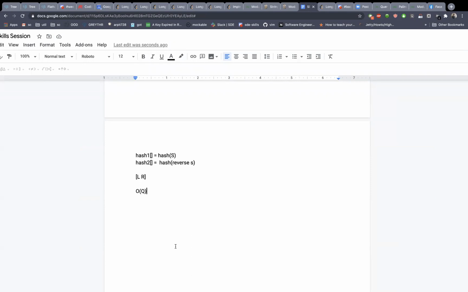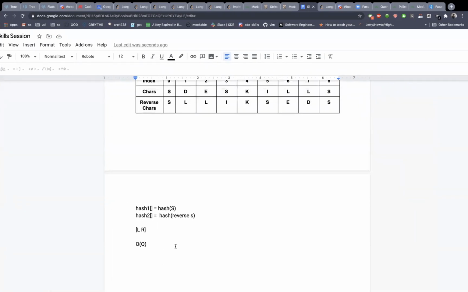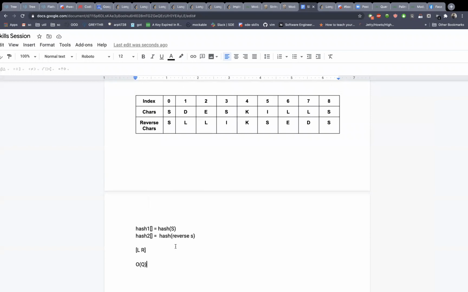Yeah, somewhat. So you're saying, in this case, sorry, go ahead. No, go ahead. So in this case, basically, we pre-calculate that hash in both directions, right? Yeah, in forward as well as reverse. And then basically use the forward formula, and try to find out if the hash of that range matches in both forward and backward.